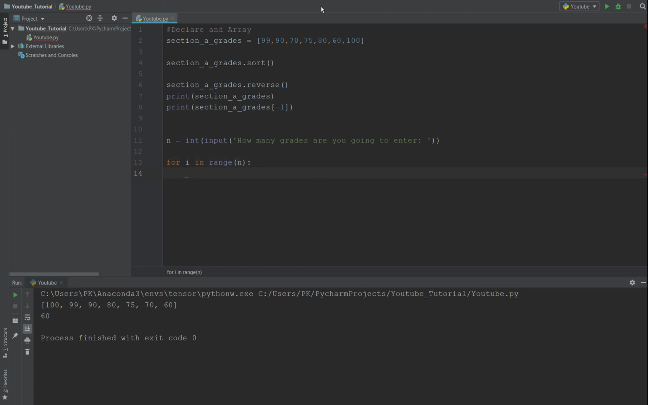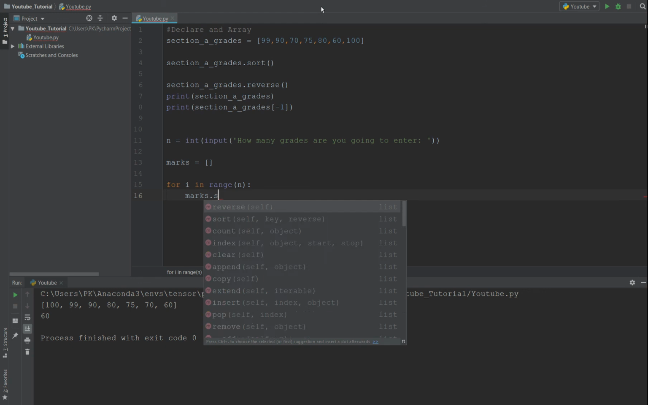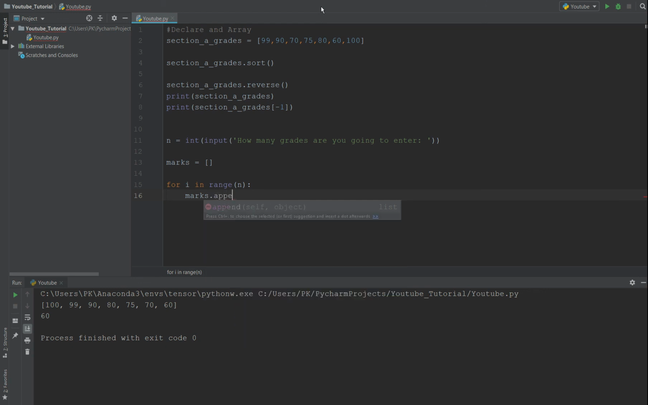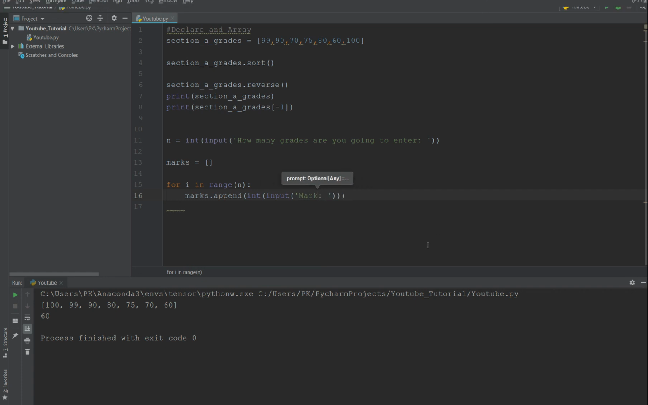and we can just, sorry, we have to create the array. So how we create an undefined array or an empty array is like this. Then we could use the append function to add stuff to the array. So we will append int input, and we'll prompt for a mark. Okay,